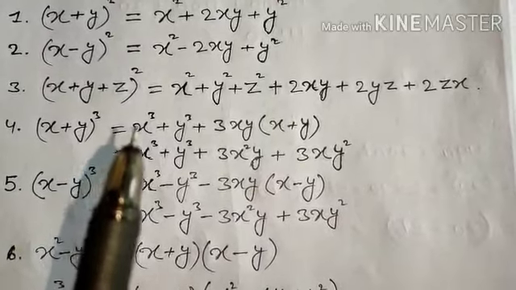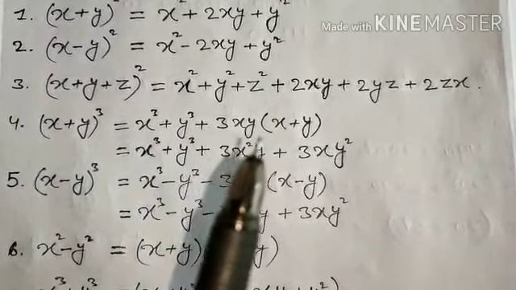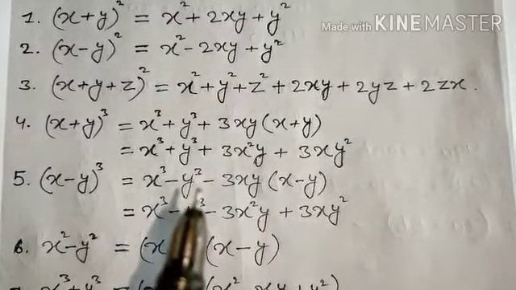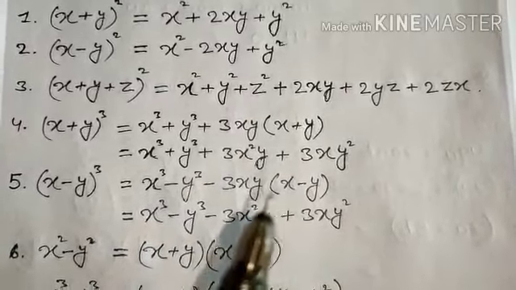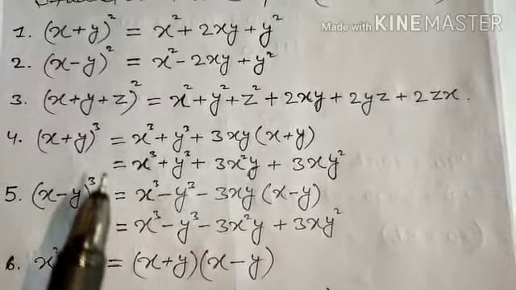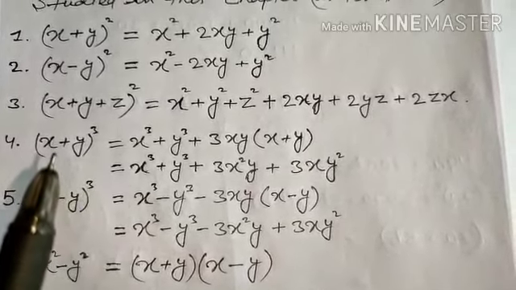(x + y) whole cube is x cube plus y cube plus 3xy under bracket (x + y). Similarly, (x - y) whole cube is x cube minus y cube minus 3xy under bracket (x - y). The same pattern is there. Now, in between I had written two more statements, that is (x + y) whole cube